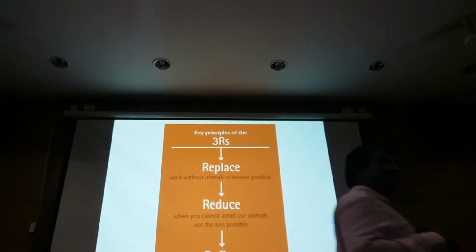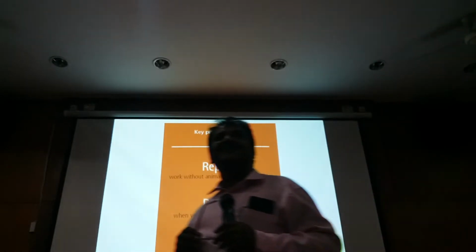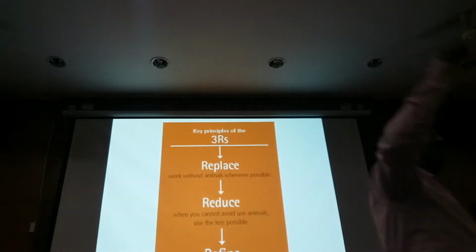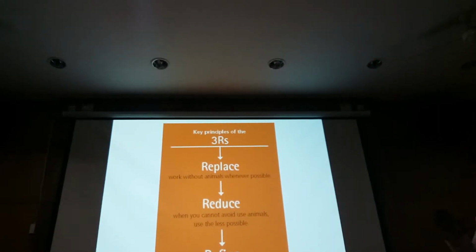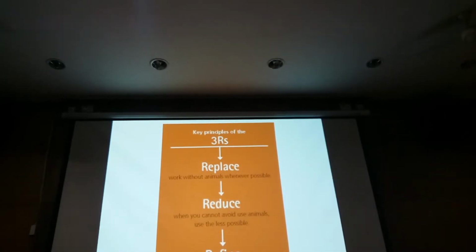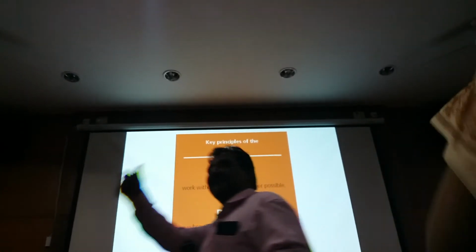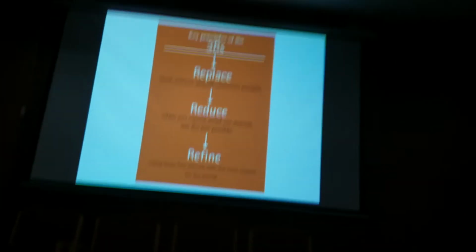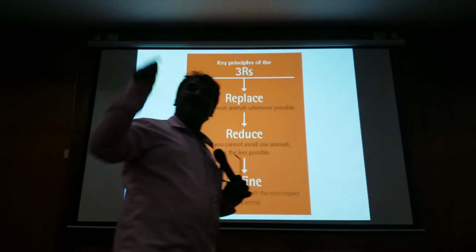And one more secret I will tell you. World over, who decides what type of research has to be carried out? Only 1 or 2 persons decide what type of experiment you have to do. Do you know who? Equipment manufacturers and chemical suppliers. They decide what type of research you carry out, and what type of disease has to be diagnosed and what treatment has to be given, that is also decided